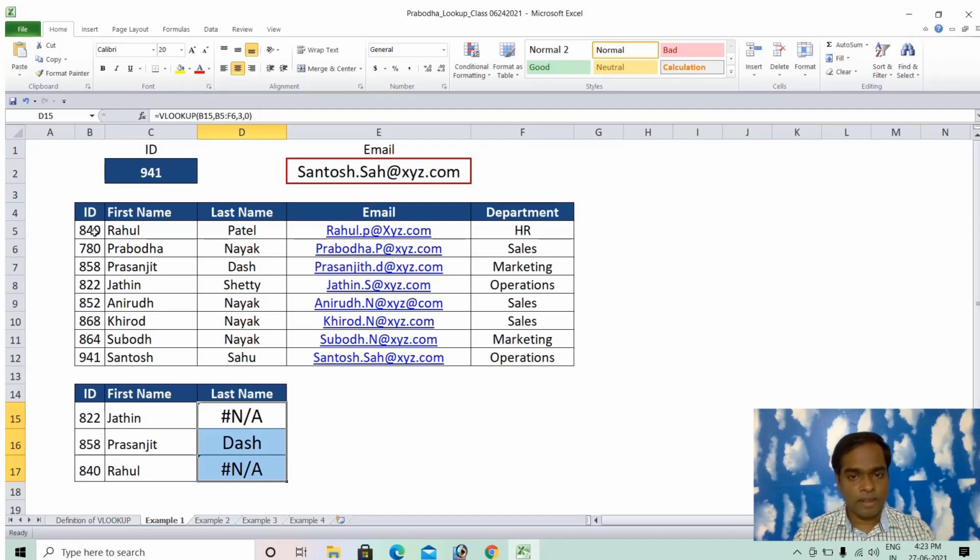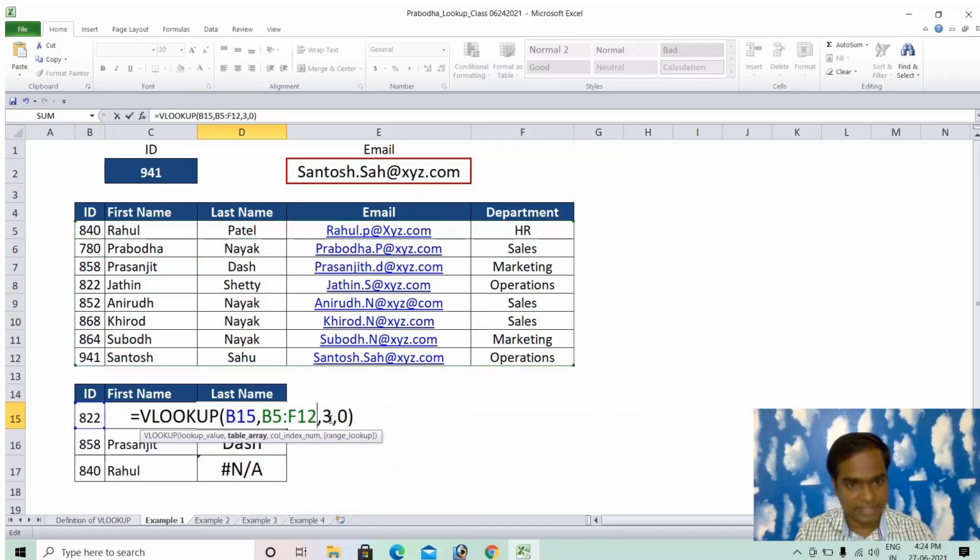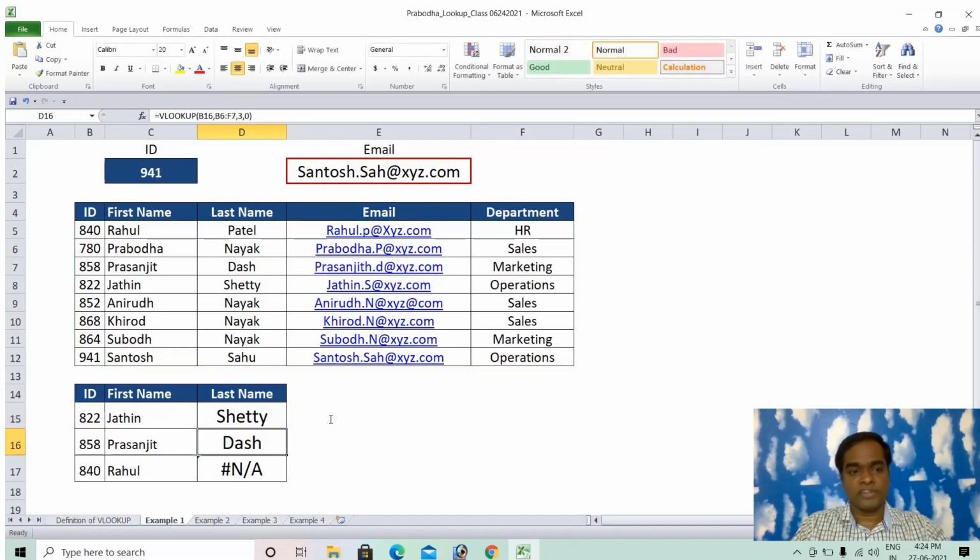So why am I not able to find it? We need to find that out first. Going to the F2 column, pressing that, the range is B5 to F6. Because my range is not selected properly here, I have to select up to F12. The entire table was not selected earlier, now it's selected. The column I'm looking for is column 3, and I'm pressing Ctrl D.